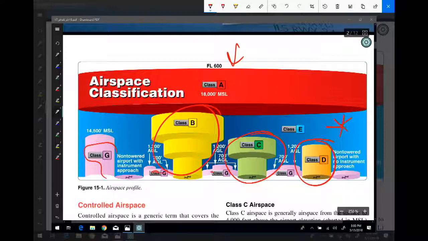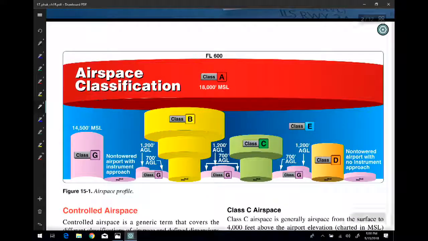So what you're seeing here now is that you have airspace governed from flight level 600 or 60,000 feet MSL, but actually that's still not true because you still have controlled airspace above this, because above 60,000 feet it goes back to Class Echo airspace. So you've got all different types of airspace. Anytime that you're flying, you're in some form of airspace. And if you're flying around, it's going to be good for you to know what kind of airspace you're flying around in. So, as I say, we're going to come back to that.